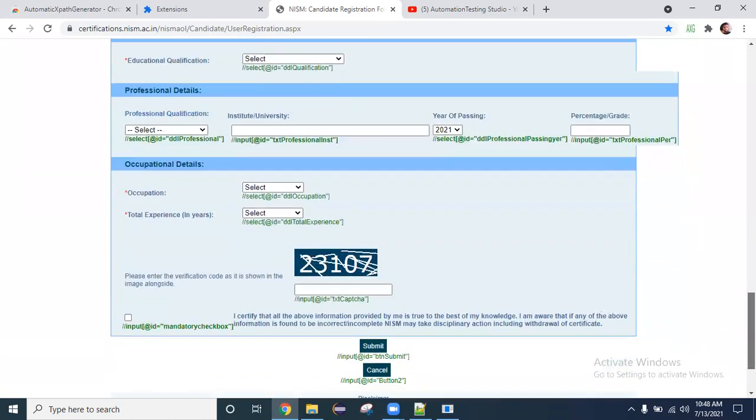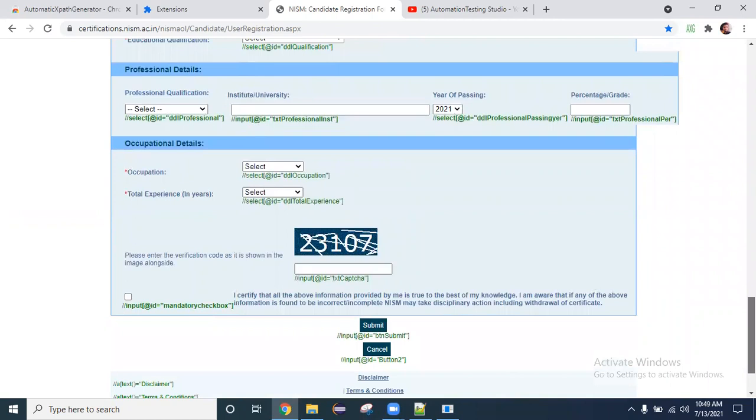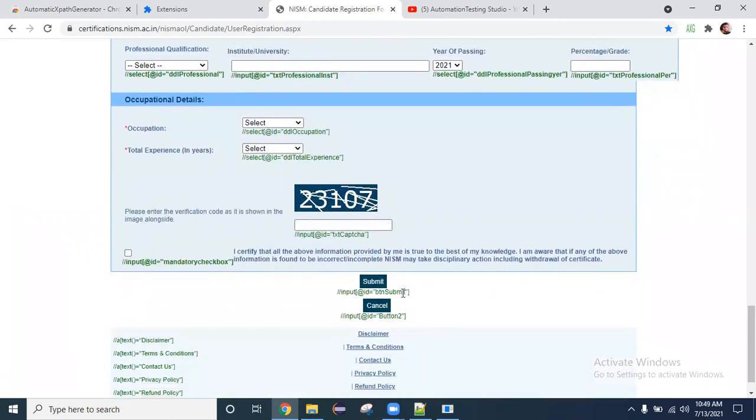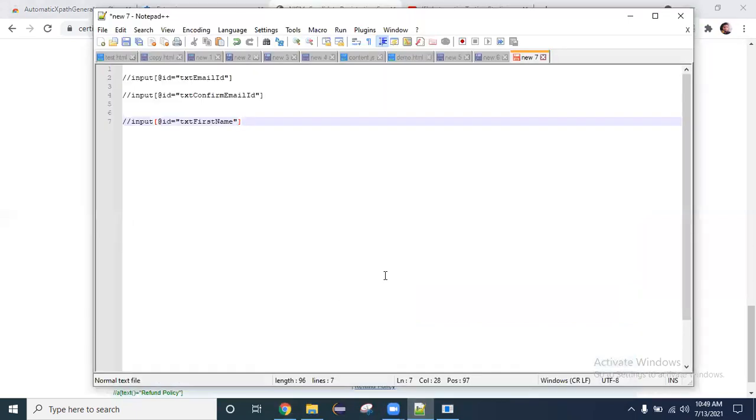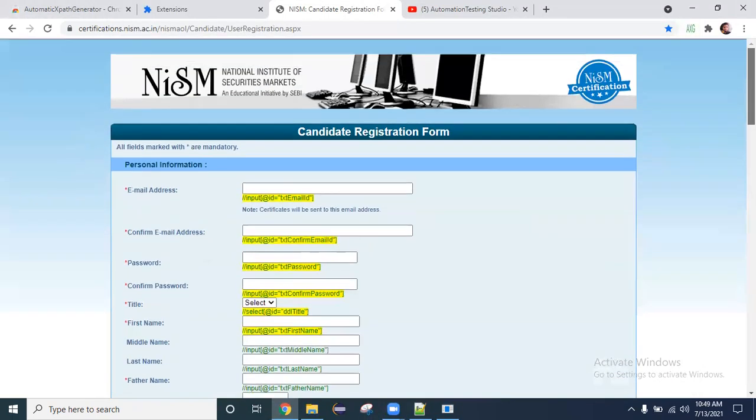You may not use all of those elements, but most of the elements you may use. So whichever you use, just click on that XPath, it will get copied. Go wherever you use it in your script and use Control V. So it will get pasted there. Here, I'm enhancing this Chrome extension to include all of the elements like frames, shadow DOMs, and all other elements. So for most of the elements, it will work.